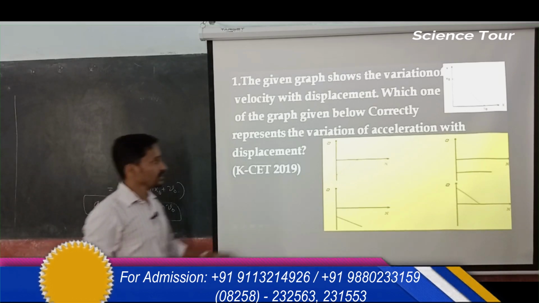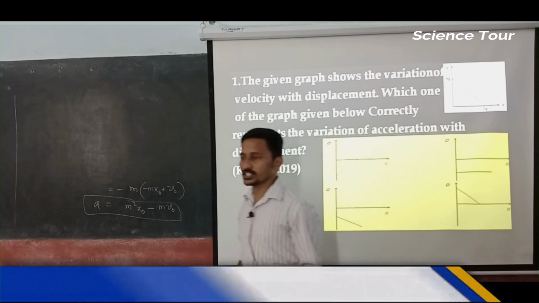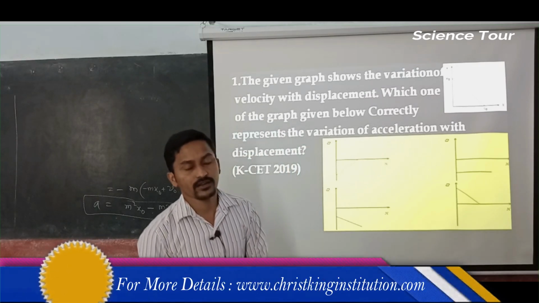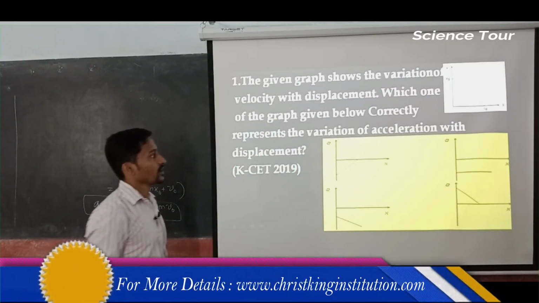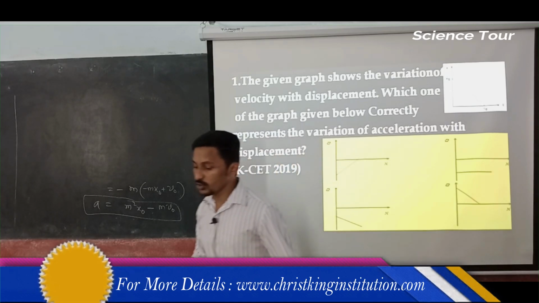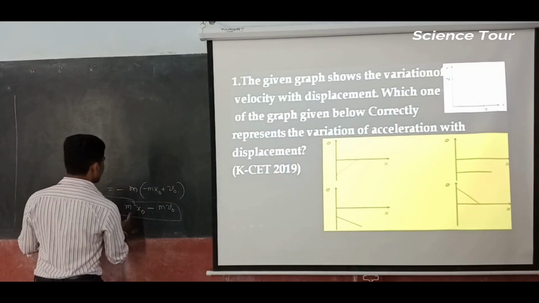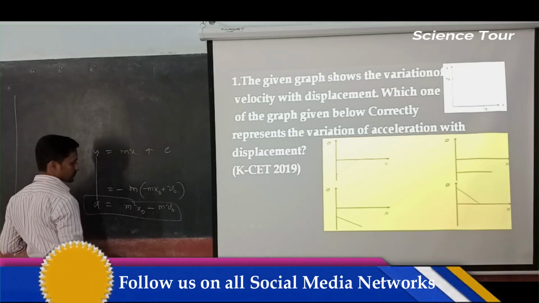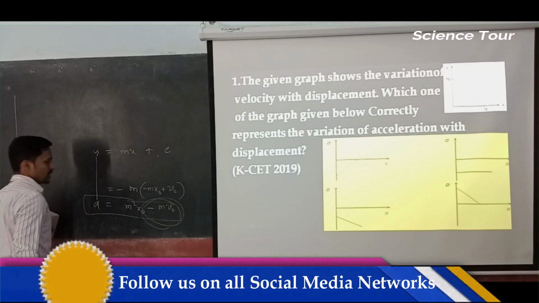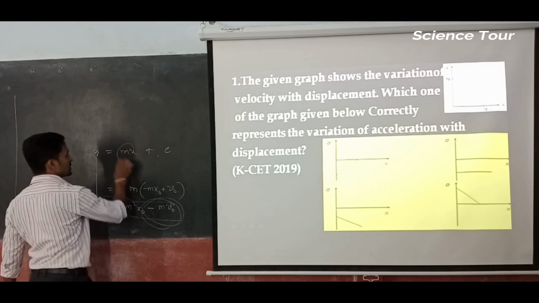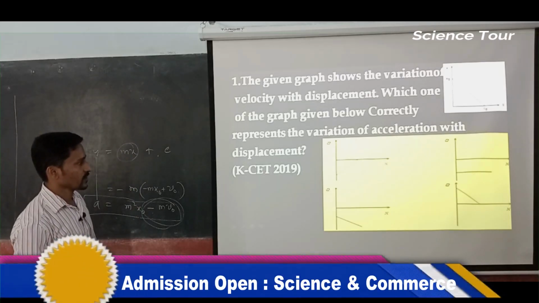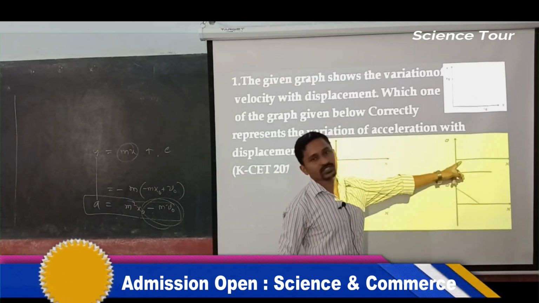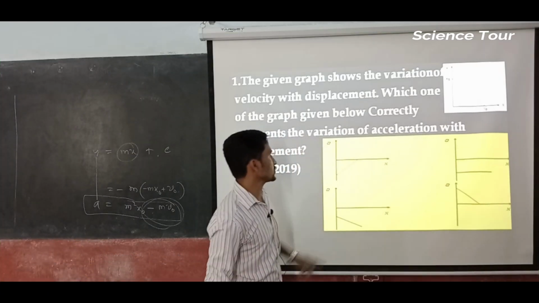Why? If this graph had been given as velocity with respect to time or acceleration with respect to time, we would have imagined it in a very quick manner, but here it is given with the displacement. Now we have to go for the mathematical rules. You have to go through the mathematical rules. Now acceleration is like that. Now again compare with y is equal to mx plus c. Now the intercept is negative, dear students. The intercept is negative and the slope is positive. Which one is having positive slope? This is having negative slope. Which one is having no slope? So this is having positive slope.